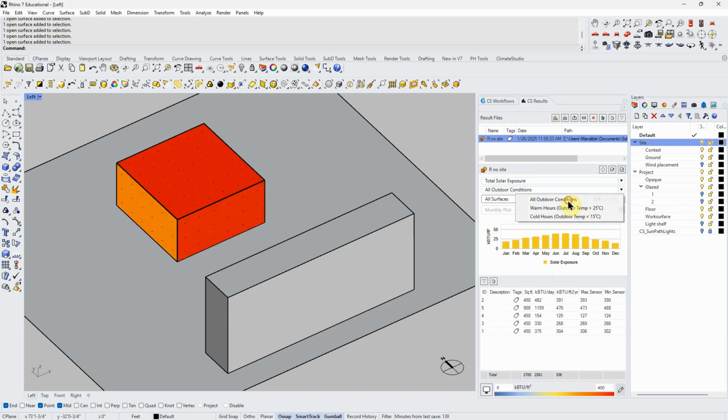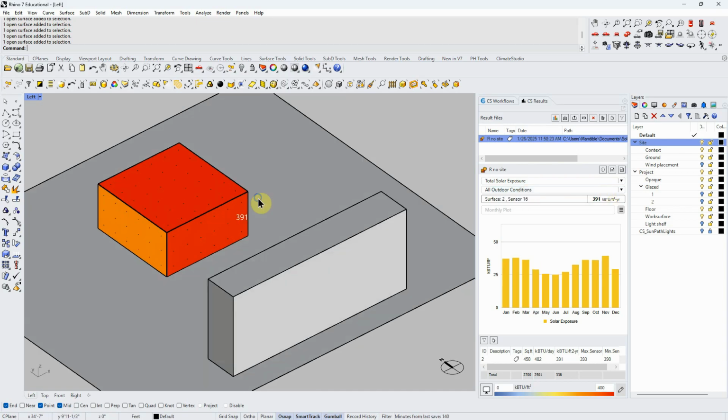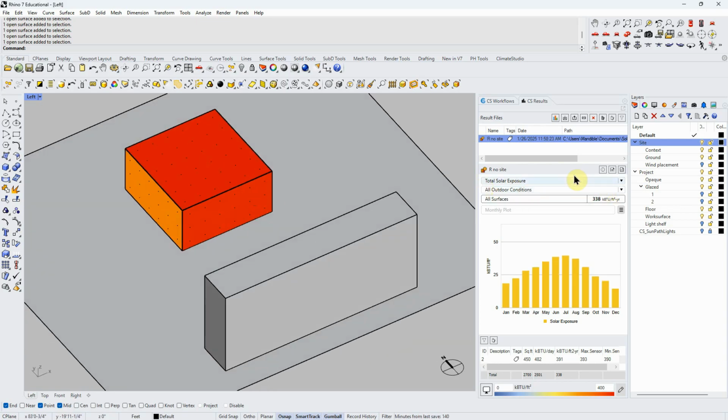And as I mouse over each of these sensors, it changes the display here. Right now, we're looking at all conditions. That might be of use, but